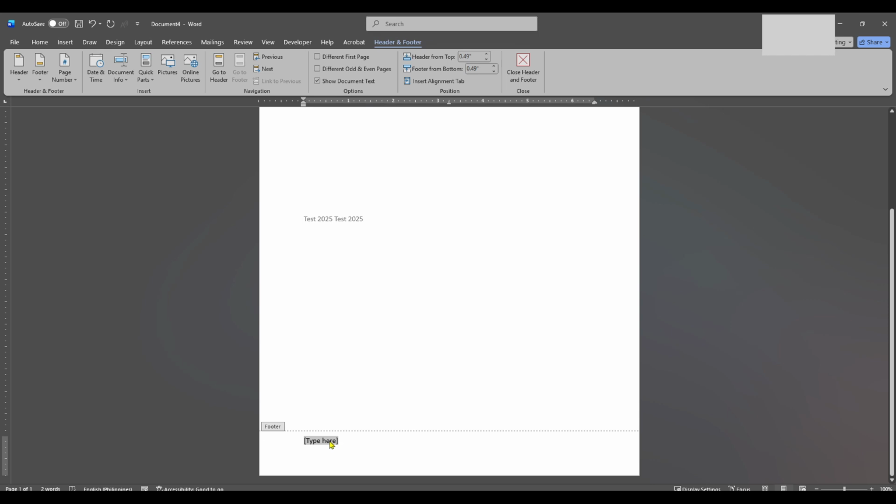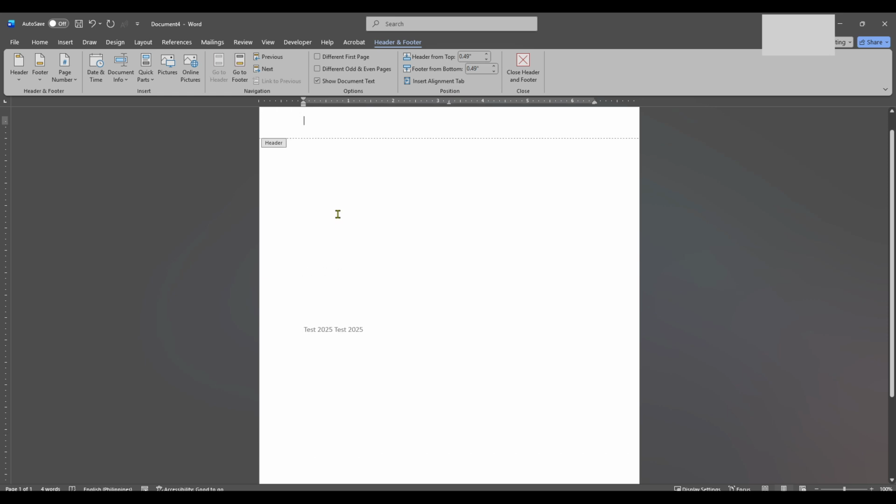Here's a useful tip. To apply a footer only to certain pages, you will often need to use section breaks. So, scroll to the page before where you want your footer and click at the very end of it. Then, return to the Layout or Page Layout tab, depending on your version of Word. Within the Layout tab, locate the Breaks option and click on it. From the drop-down, select Next Page under the Section Breaks category.